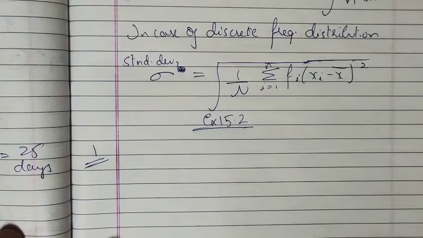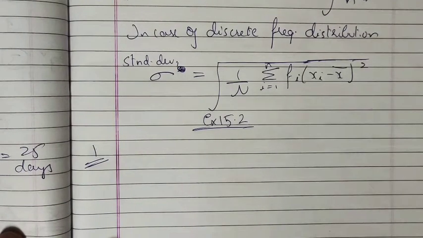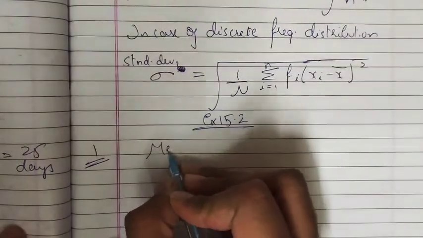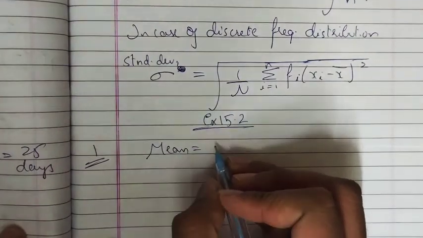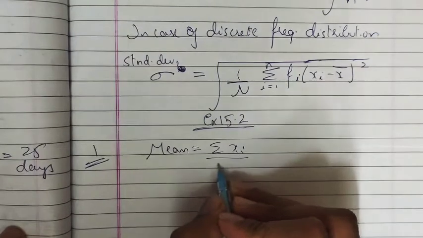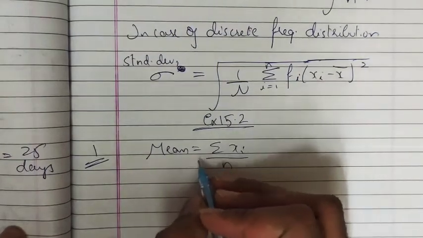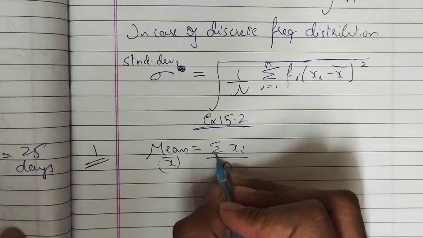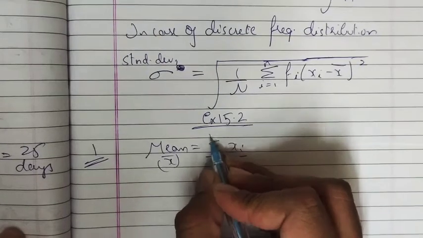In question number first, it is given that we have to find out the mean and variance for the data. So some numbers are given. So the mean formula is sum of all observations, sigma xi, upon n, right? Mean formula x bar is where i is equal to 1 to n.